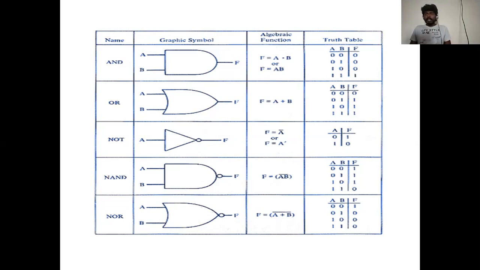And next is NAND gate. You can see there, NAND gate is more or less similar to AND gate. Even the symbol is the same as that of AND gate. The only difference is that on the output side, you have to include a NOT gate. In case of NAND gate, on the output side, you have to include a NOT gate, right? So that you can see the difference between the symbol of AND and NAND gate.